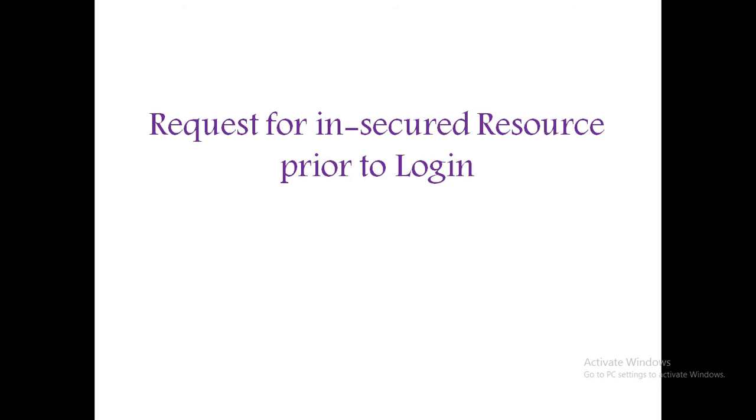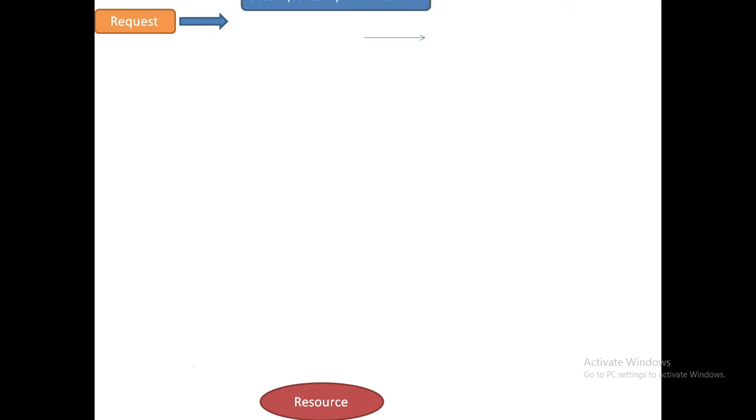So what is the flow then? How does it get executed? See, this is the request and we are trying to access this resource. The request user is yet to log in and the resource is a non-secure, insecure resource. Okay, so the request will come to the